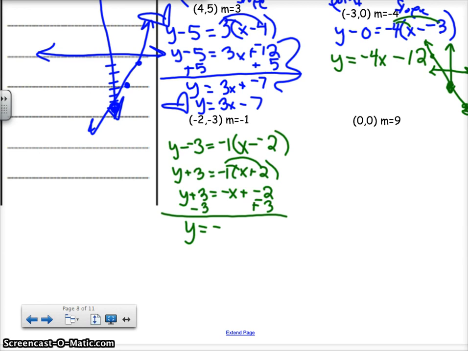Y equals negative x, which is negative 1x. So my slope is negative 1 over 1, plus a negative 5. MCA would never have it like that. It would be y equals negative x minus 5. Y-intercept of this line is